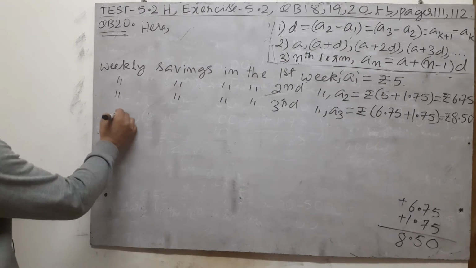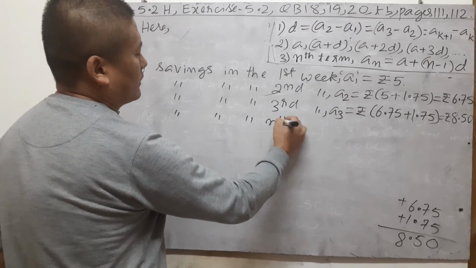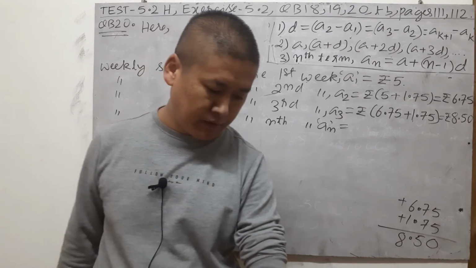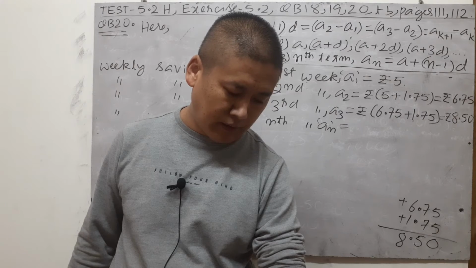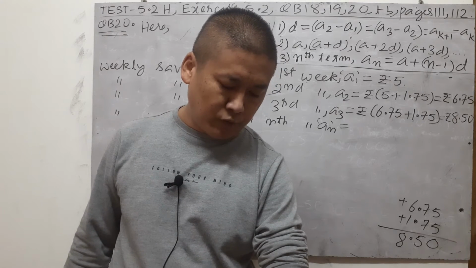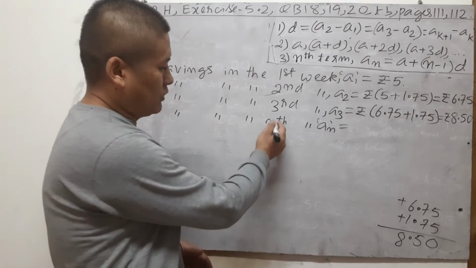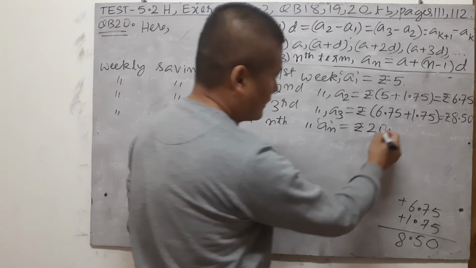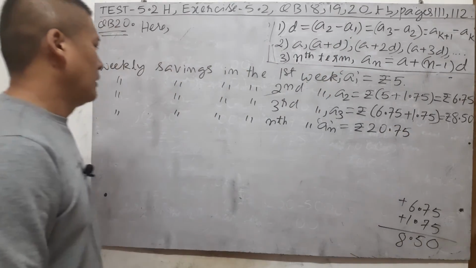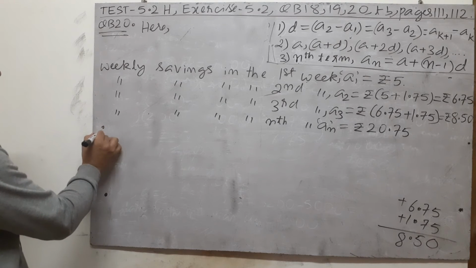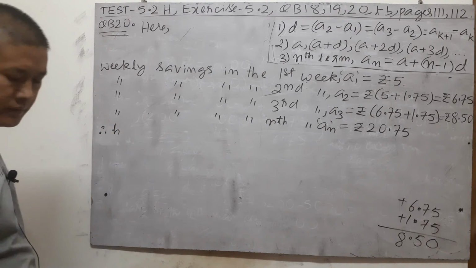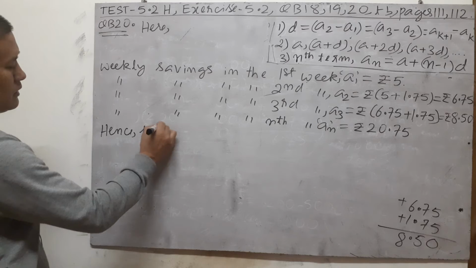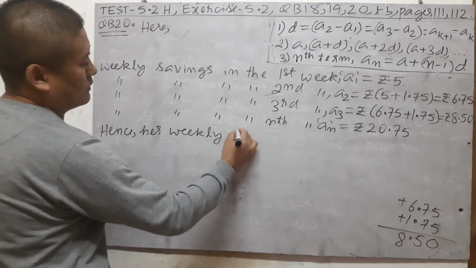So here her weekly savings in the nth week is given in the question, which is an. Look at the last statement: if in the nth week her weekly saving became rupees 20.75, so in the nth week, which we don't know, her weekly saving reached 20.75. That's given in the question. Therefore, we see her weekly savings